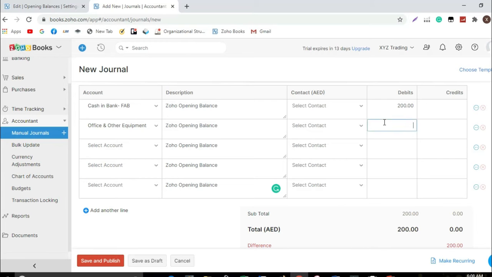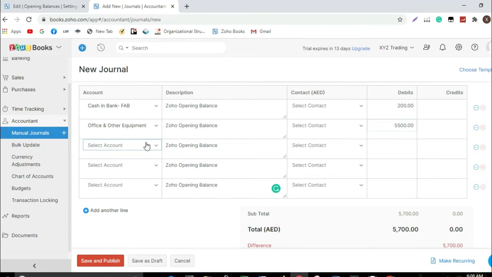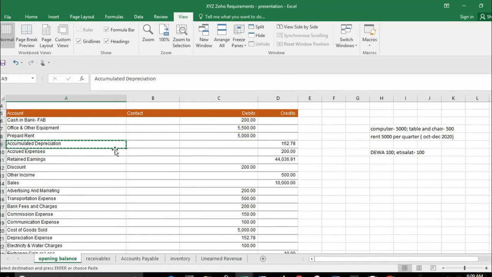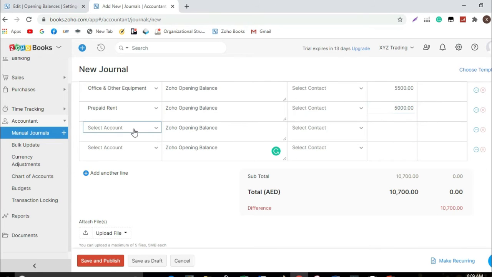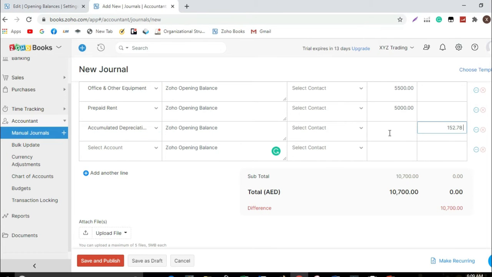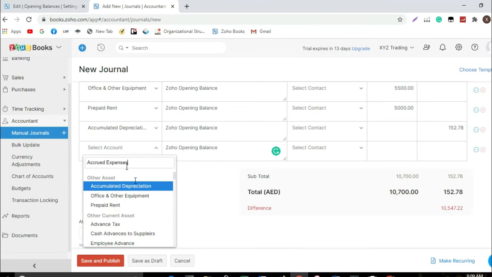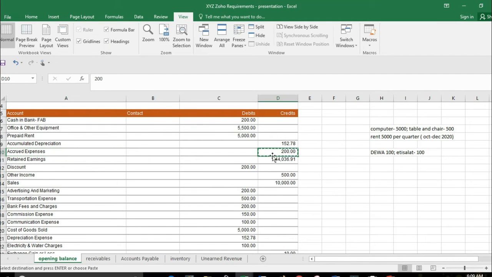It's simple. In this case, importing of opening balances must be accurate and complete, compared to what I keep mentioning before, that when you import vendors and customers, it doesn't matter if you don't have the complete data.